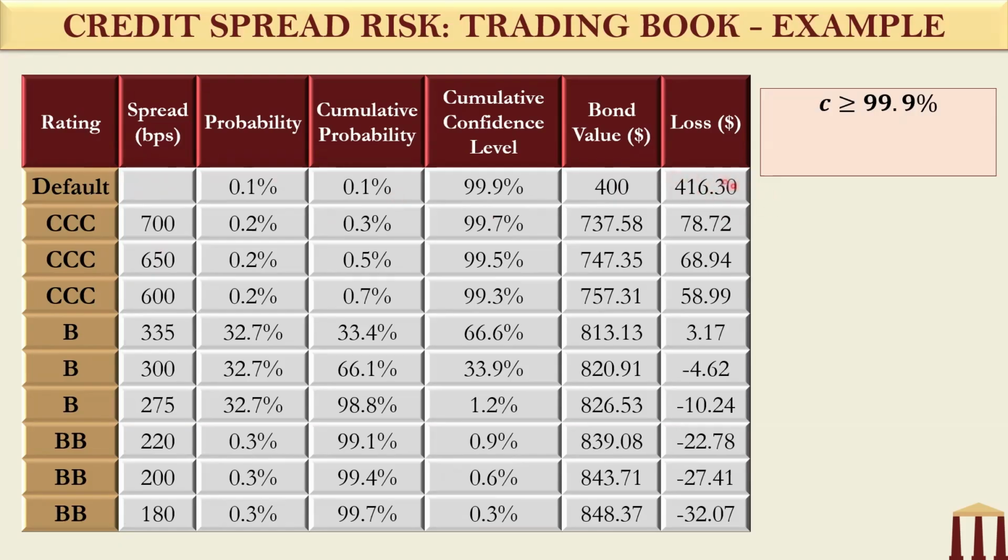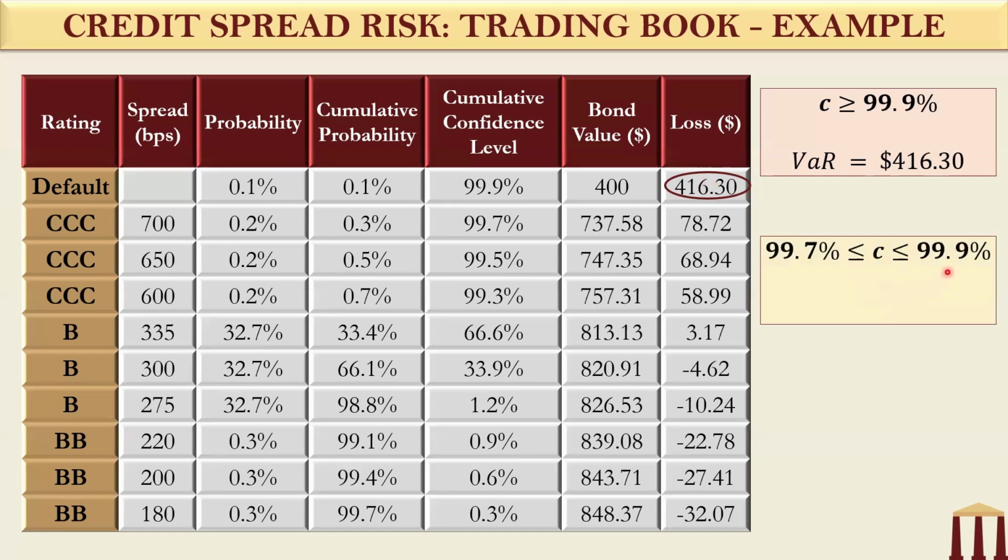This outcome is 416.3, and that is why the VAR at any confidence level above 99.9% is 416.3. Okay, now let us look at the second case, when the cumulative confidence level is between 99.7 and 99.9. If you remember FRM Part 1, how we used to do it,